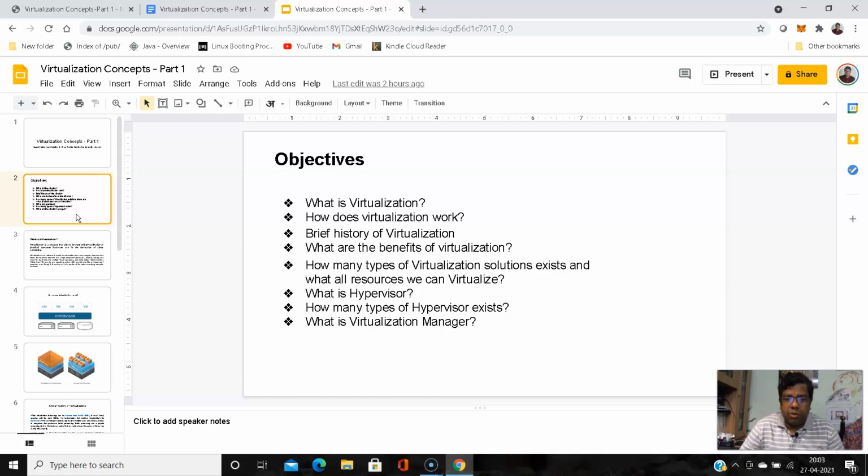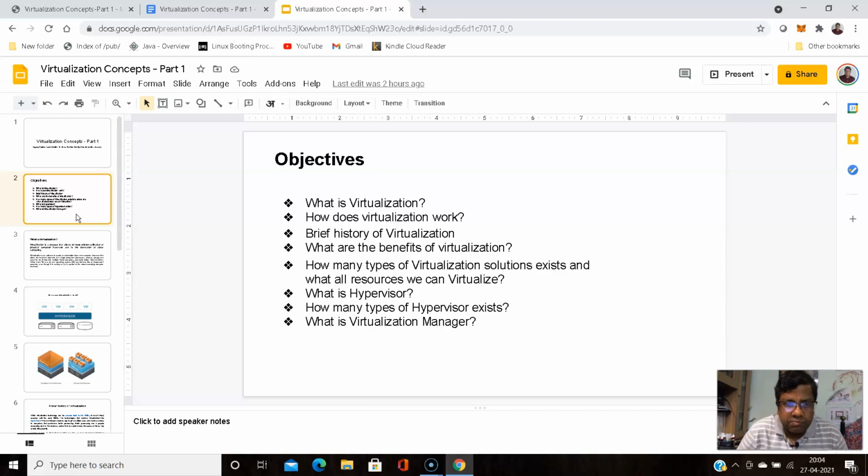Today's session will be mostly theoretical, the broad overview of virtualization. I'll not be covering much demo on the practical things that need to be demonstrated in a live environment. That I will be covering later on. So this will be a two-part session. The first part covers the concepts about virtualization. The second part will cover the demo. In this presentation as well, I will use some demo just for demonstrating how things look for those who are new.